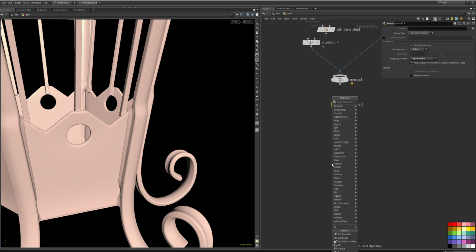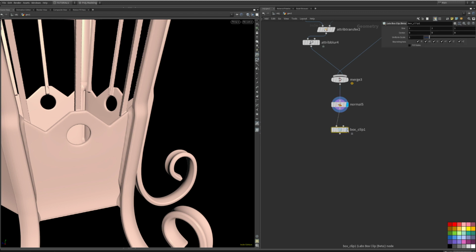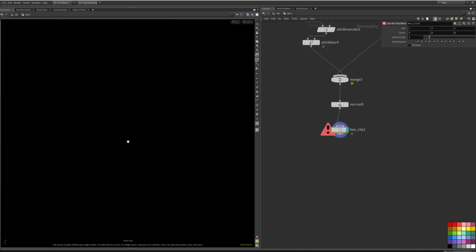The Labs team created something called Box Clip, which is fantastic, by the way. And this Box Clip pretty much will do whatever we're talking about. So I'm going to turn off the manual update, and bring that down here. I do not want to see what was there before. So I just want to make sure that I have